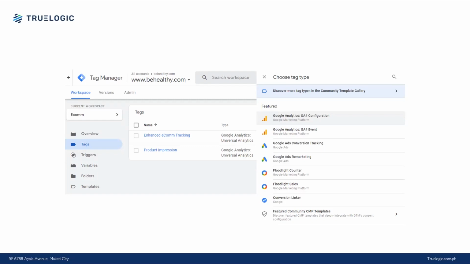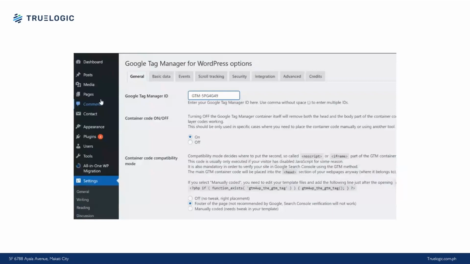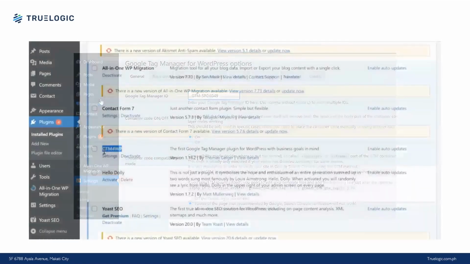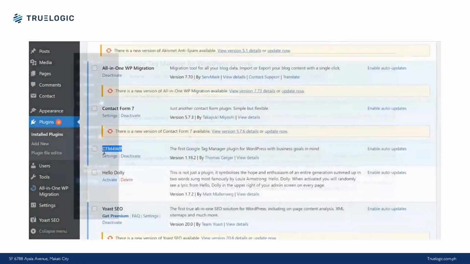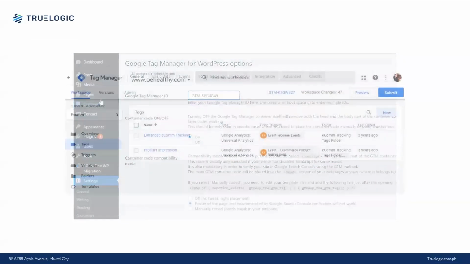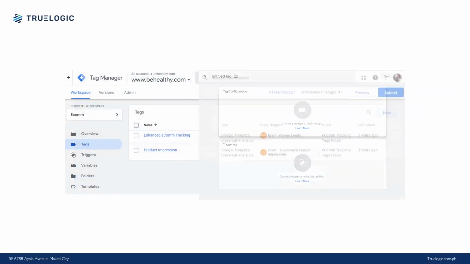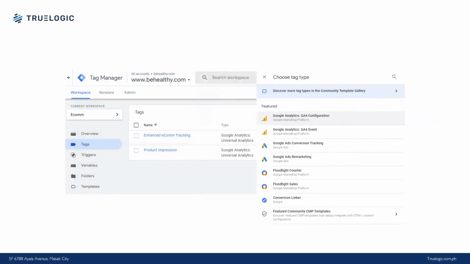Once you're done with the Tag Manager ID, you go to WordPress. So let's go to WordPress. So you go to WordPress, you install the Google Tag Manager for WordPress. Inside Google Tag Manager for WordPress, you add the Google Tag Manager ID, right? Once you're done, you publish, you then go back to Tag Manager, and inside Tag Manager, you click on a